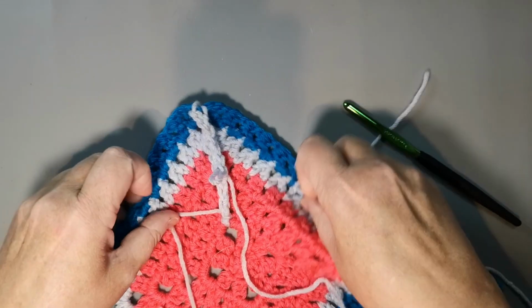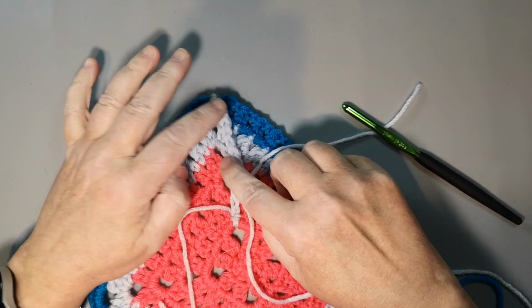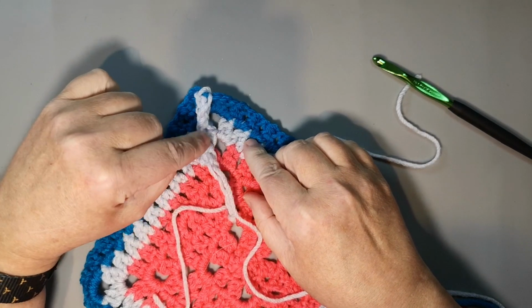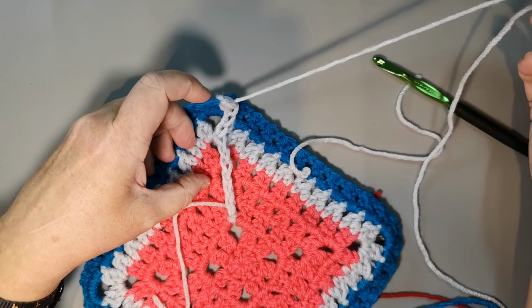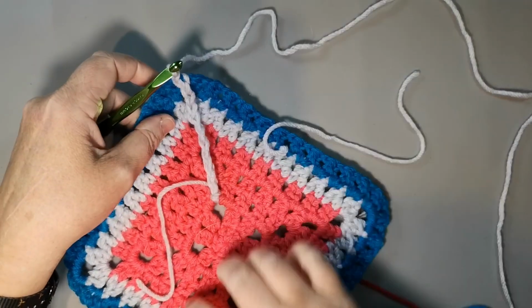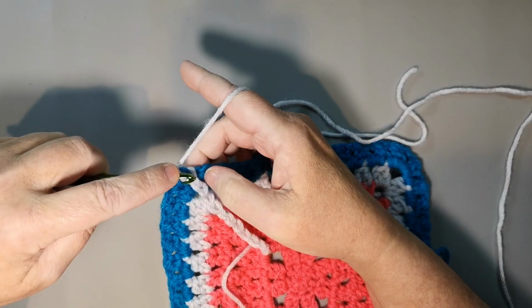So I don't know how well it will show up on camera, but you can see it kind of rolls upwards instead of lying flat. It's, I think, an acceptable way to do it, but you may want to go back and tack this down or do the next alternative, which is to do the same on the way up, just attach it in those few spots, but on your way back down,